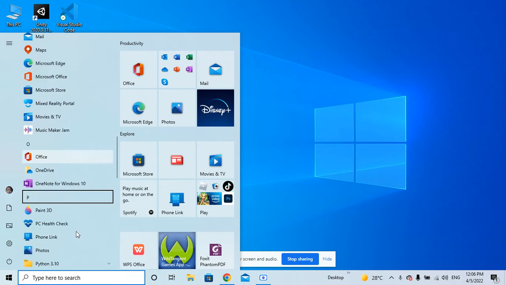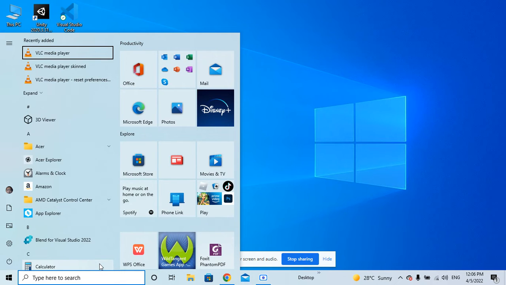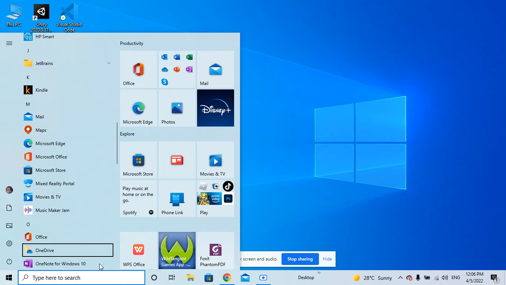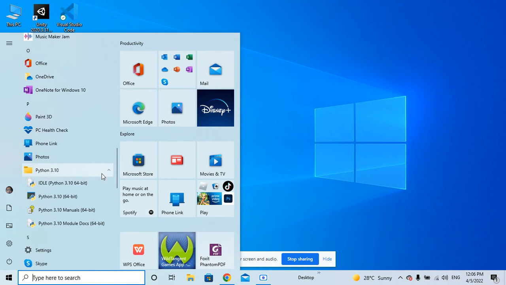So I need to get Python 3.10 first, otherwise. Oh god, no. Yeah, it's gonna be really hard since I don't have a mouse here. I only have the touchpad. Okay, so